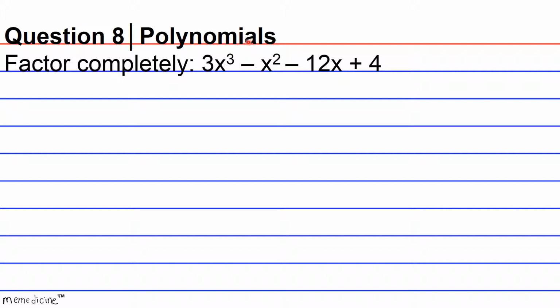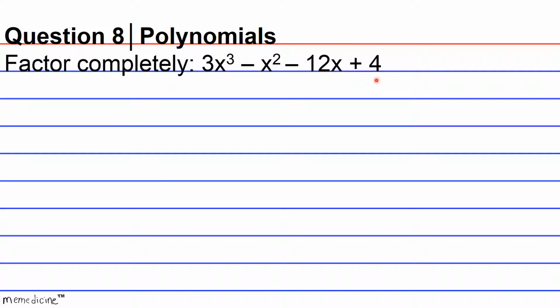All right, so this is a 4-term polynomial. A polynomial of 4 terms is sometimes called a quadrinomial, but technically you don't really need such words. That's because the number of terms in a polynomial is not as important as the highest degree or the overall degree of the polynomial. But in this case, it's worth noting that this is a quadrinomial simply because there's a special technique for factoring that involves grouping and then extracting greatest common